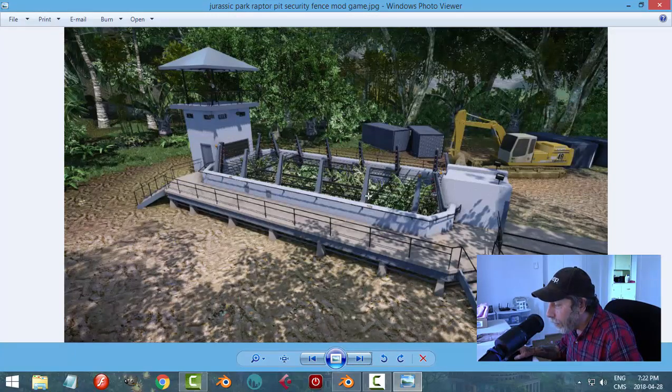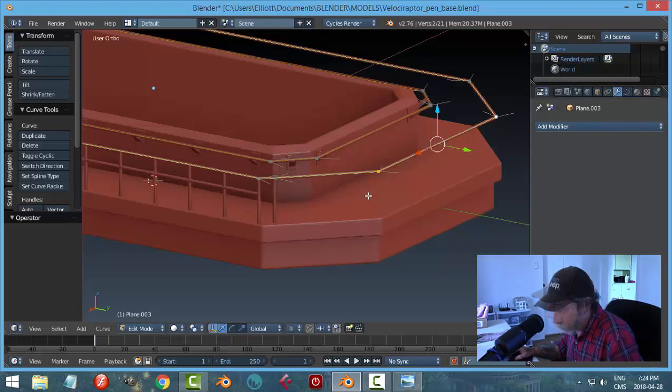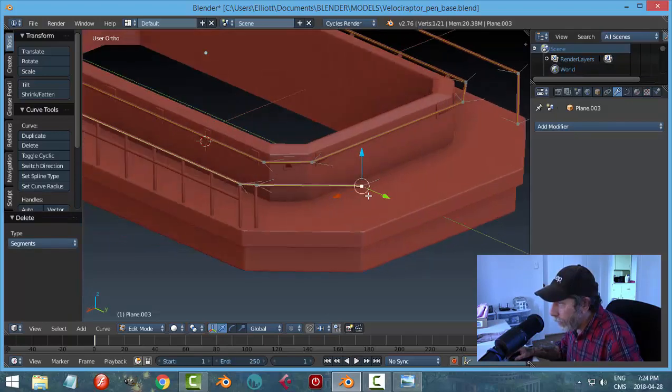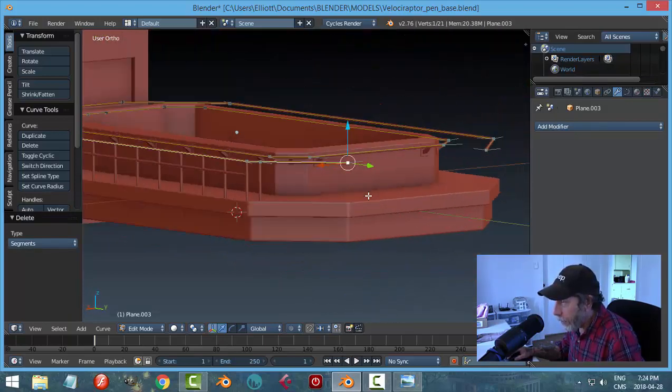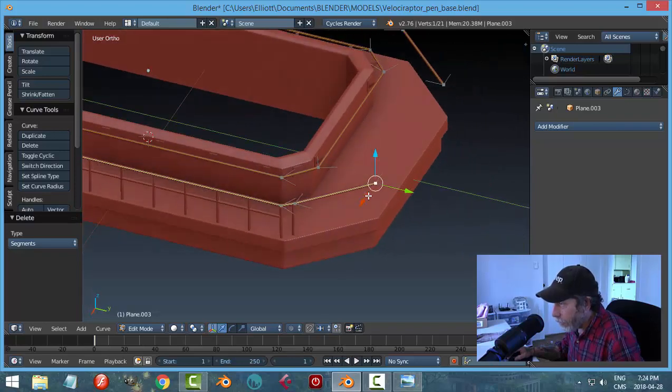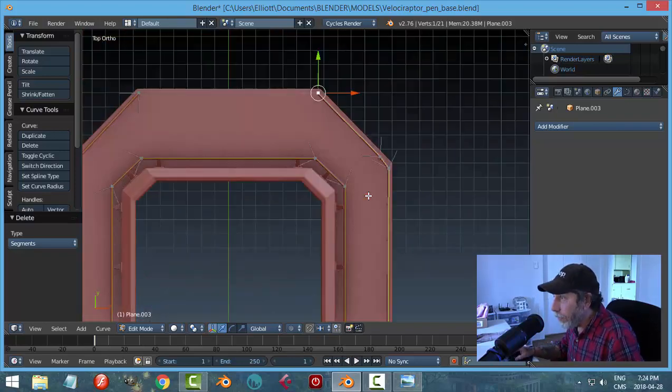It goes into there, and then it comes down the stairs. Let's delete that segment, just like that. Delete that segment, and then, once I had the stairs and all,